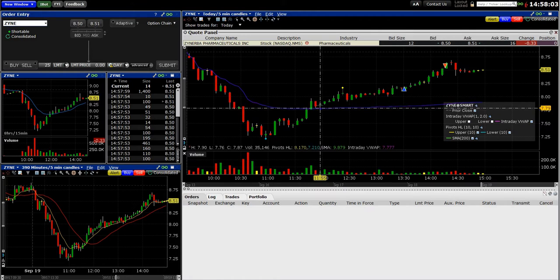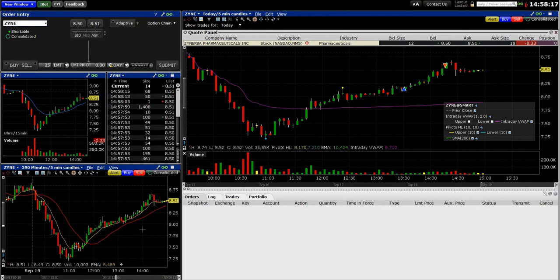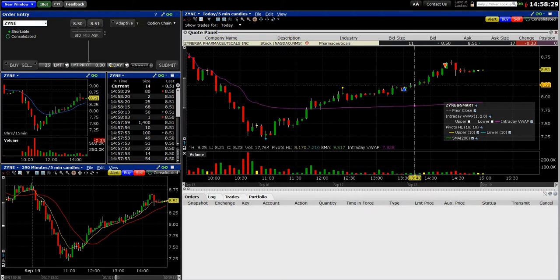You can say it kind of did this with this little bottoming candle, but it happened right away. It got above one down candle and then kind of touched it and then took off. But you can see I didn't get into it until late, and I waited for it to rest on this 8 EMA. And then I said, all right, this has got me now. I could see it possibly making a move back to the close of yesterday. So I got in at